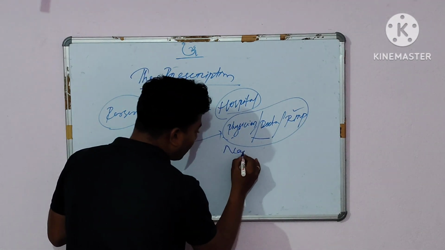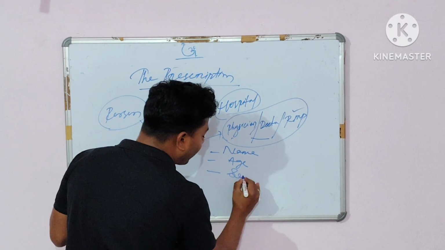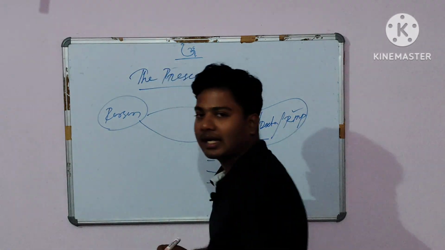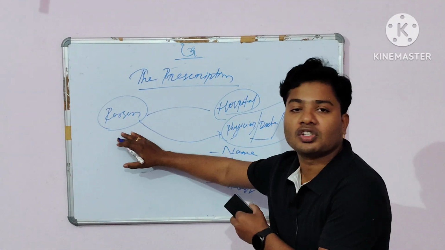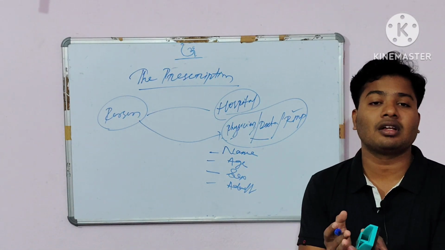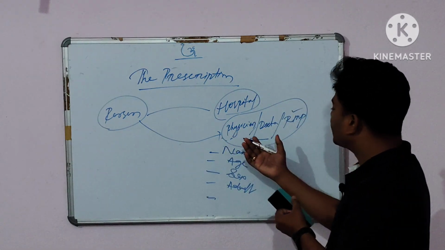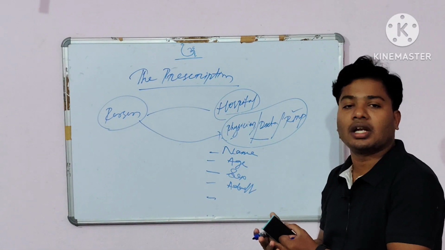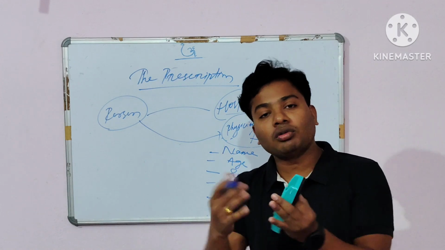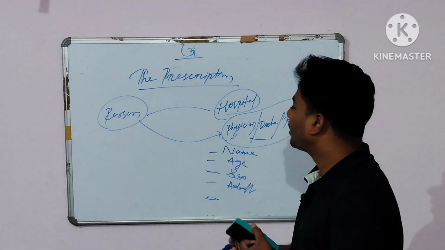What is your name? Then, what is your age? And what is your sex? And what is your address? That means, where are you from? Then the physician again asks the patient, what symptoms occur in your body? What type of symptoms do you have? Please tell me. Then, according to the symptoms,